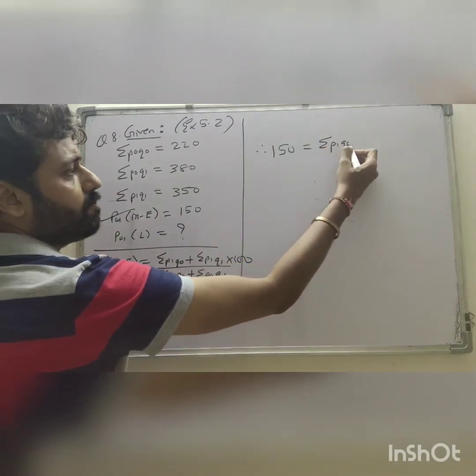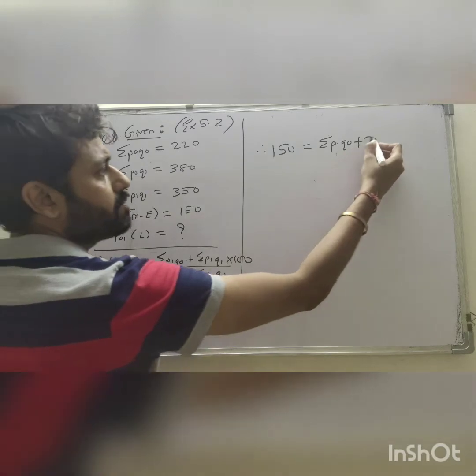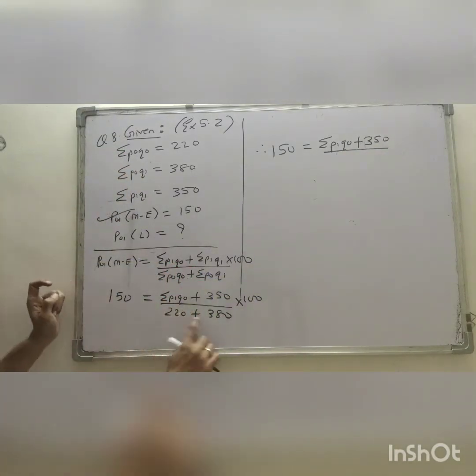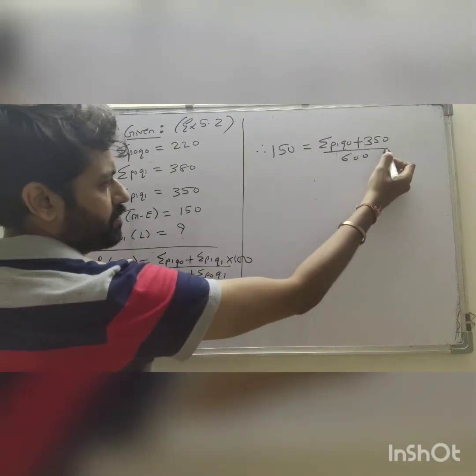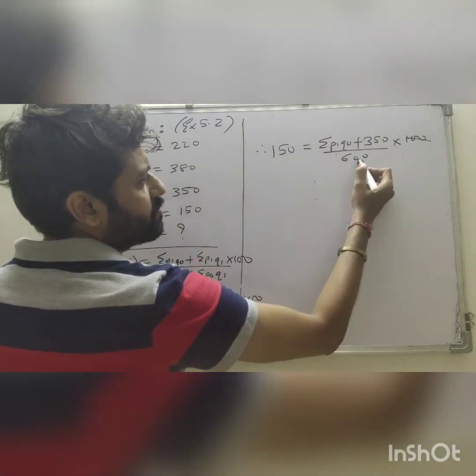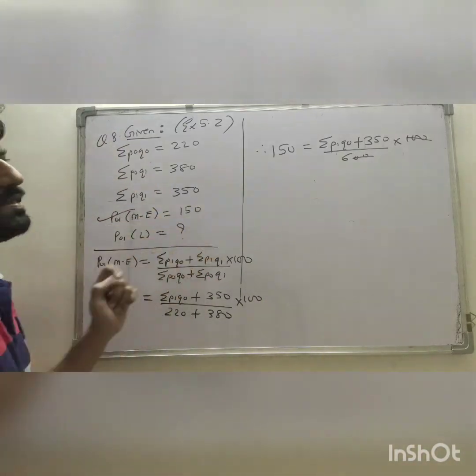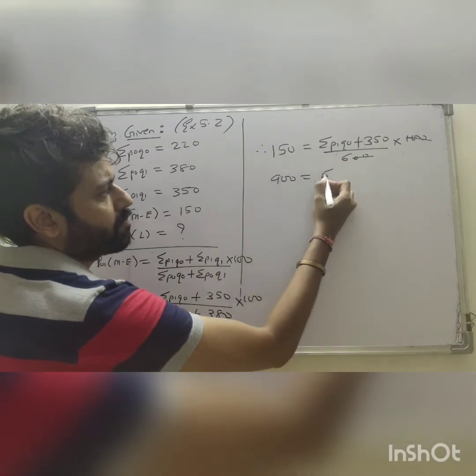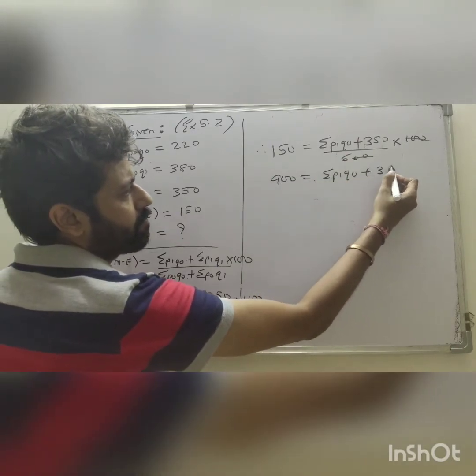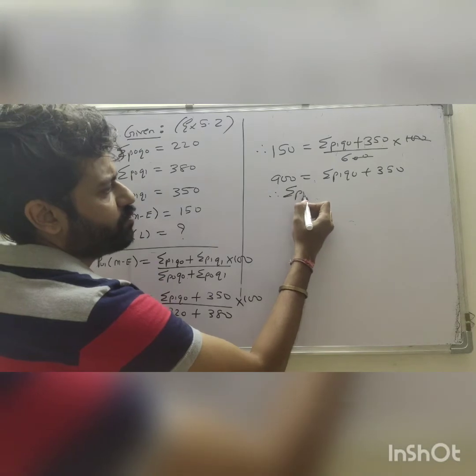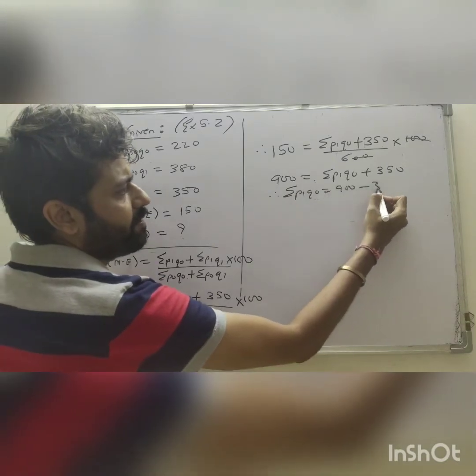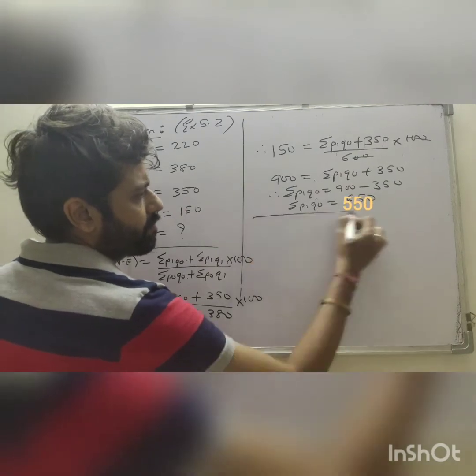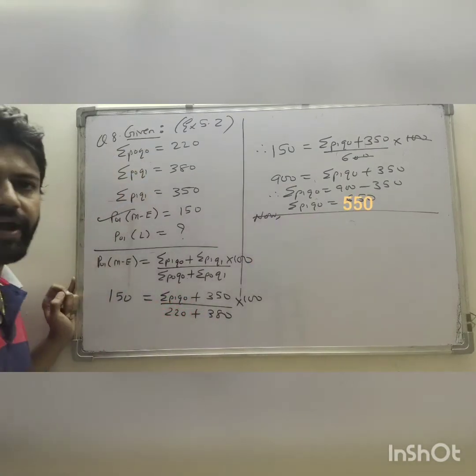summation P1 Q0 plus 350 upon 300 plus 200, 500, plus this 100, 600, into 100. These zeros get cancelled. Here it remains 6. 150 into 6 are 900. So summation of P1 Q0 we get 900 minus 350, that is 550. And after that one can easily find